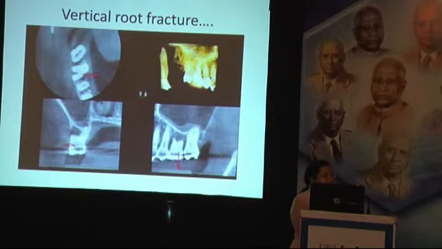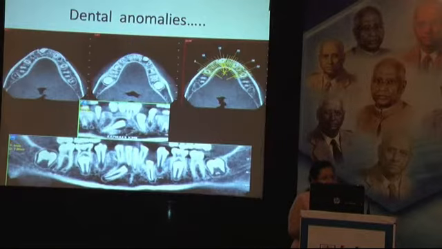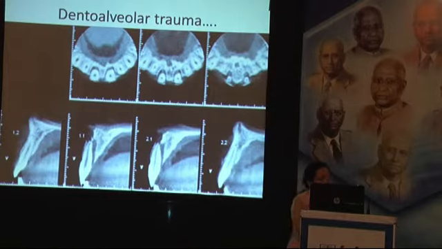Vertical root fracture, usually it has been said in various schools of thought that it is determined as an artifact, but if the image quality is very good, you can also determine vertical root fracture. It has been marked by the red arrows. Tooth anomalies can be determined by this radiographic tool. When there is a fracture of the cortical plate, in the second picture 1.1, you can determine it. Ultimately, how the healing has occurred, you can also see that.